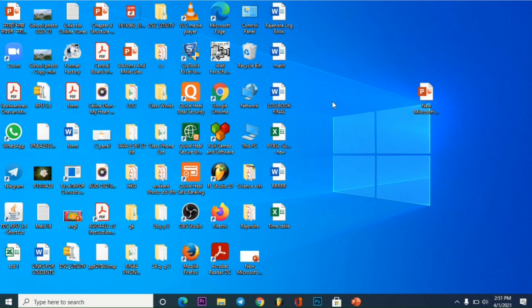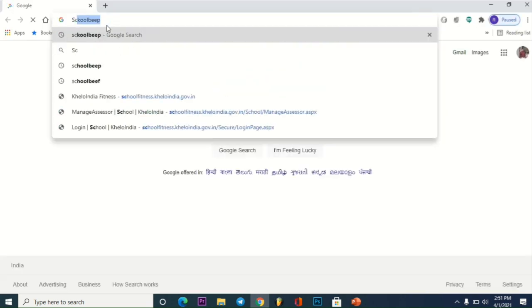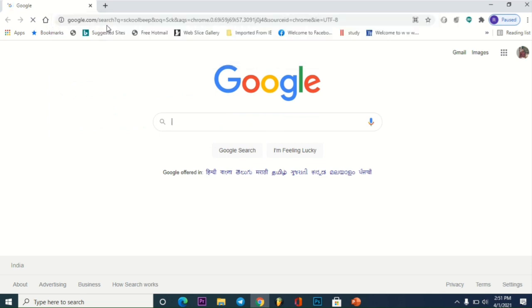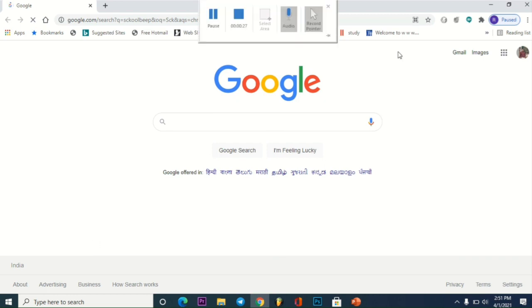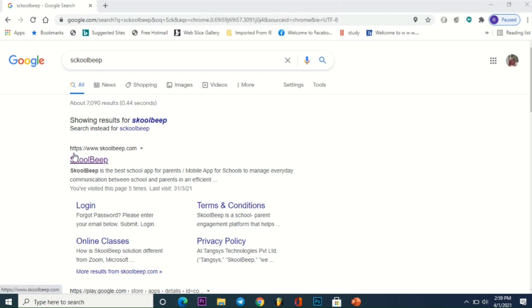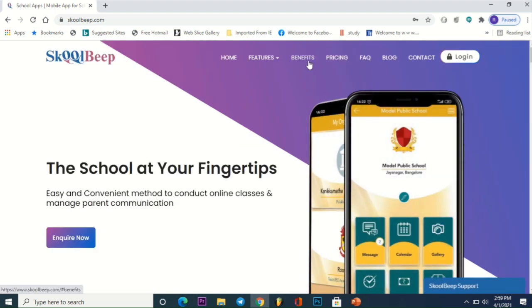See, this is the desktop. Just click on Google Chrome. Once Google Chrome is started, just in the address bar you write School Beep. You just write School Beep. Once you open School Beep, you will find it like this, https://www.schoolbeep.com. You just click on School Beep and just wait a few minutes, let the browser load. Then you will find it like this